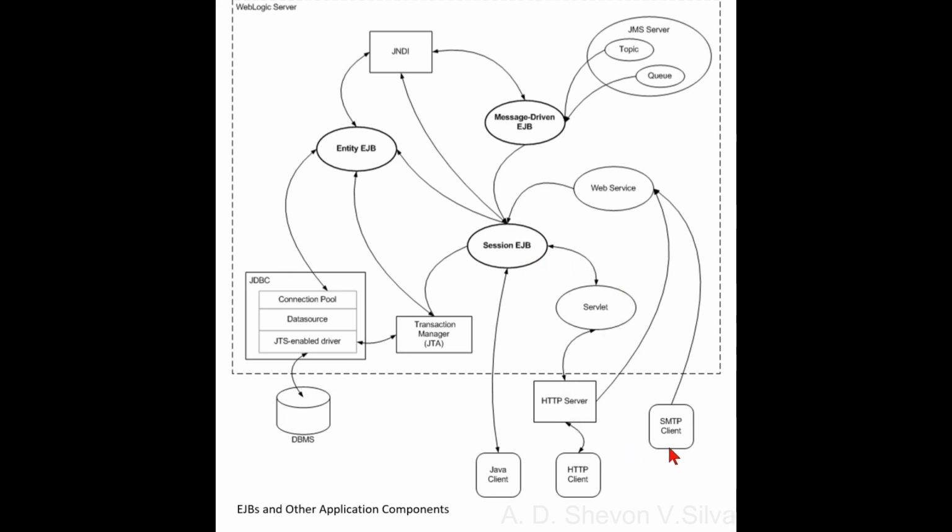Here SMTP client is connected to web service. Then web service is connected to Session EJB. Here Session EJB is connected to Entity EJB and interacts with Transaction Manager JTA, and Entity EJB interacts with Transaction Manager JTA and